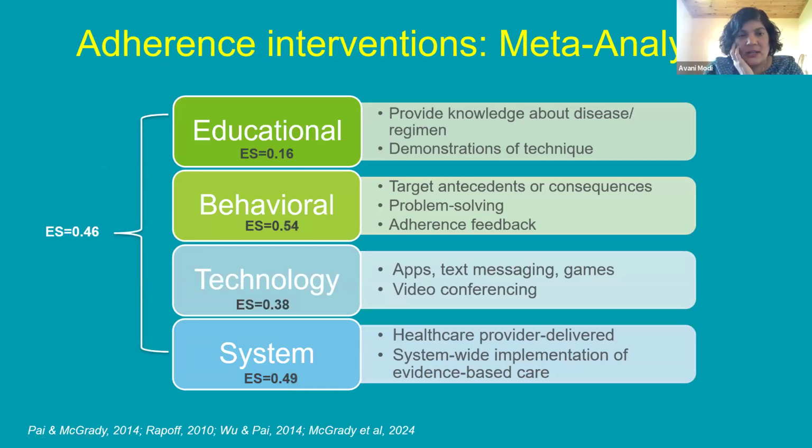The literature is pretty clear that when we look at a meta-analysis of all the studies that have been done to improve adherence, there are 4 main types of strategies that are used fairly successfully, with educational strategies being the lowest, having the lowest effect size. And you can imagine that just teaching people what they need to do may not be enough to get them to change behavior, but it is a critical portion of what you need to do to engage in adherence behaviors. And so if you don't know what you're supposed to do, when you're supposed to take medicines, it's really hard to kind of get the regimen down and work on some of the behaviors to do that.